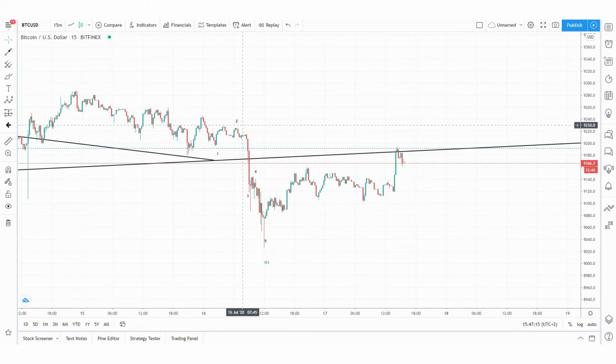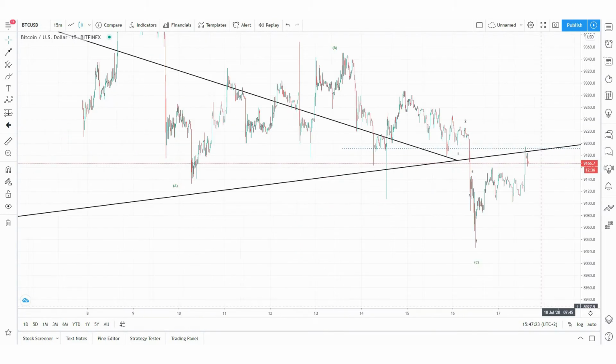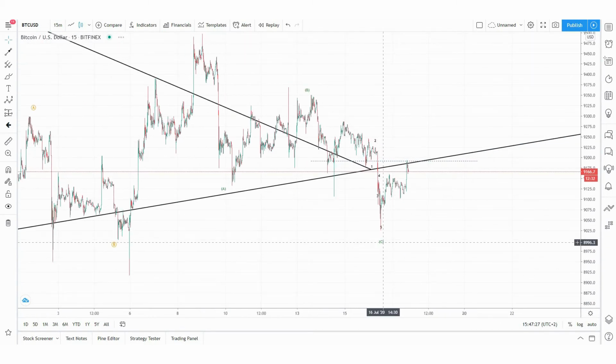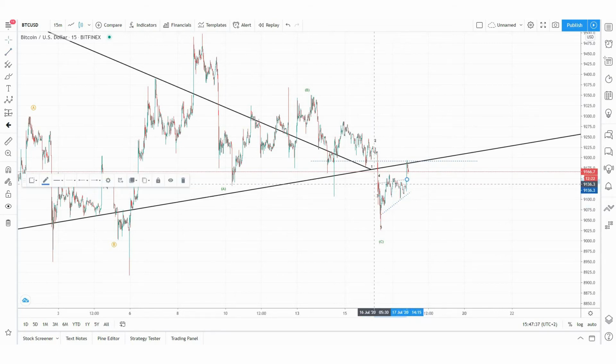So this would be 1, 2. This would be a 1, 2, 3, 4, 5 in the prior count, but there is still a possibility that this increase here would be some kind of a leading diagonal into another corrective bullish correction,